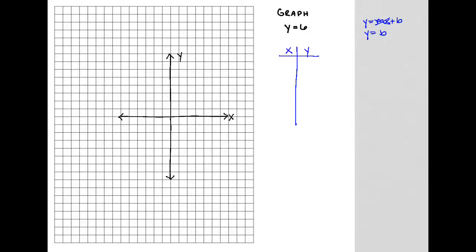I'm going to go ahead and pick, let's say, -5. I'll do a -1. 0 is always a good choice. I'll do a 2 and a 3. And essentially what I want you to note is we have a set of instructions being presented to us in y is equal to 6. What these instructions say is the following. I don't care